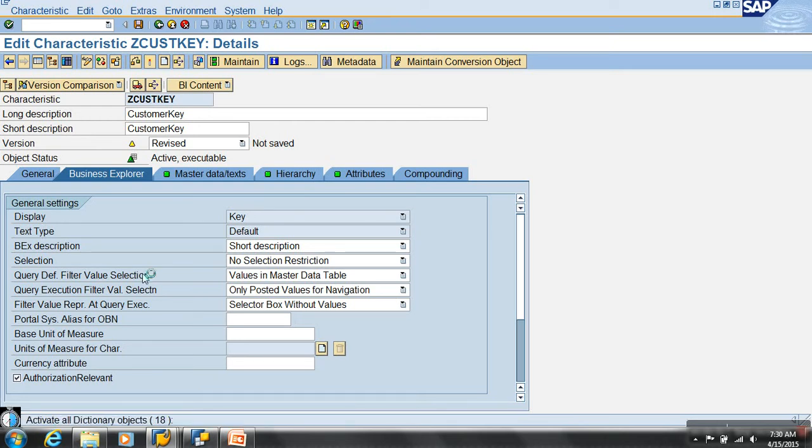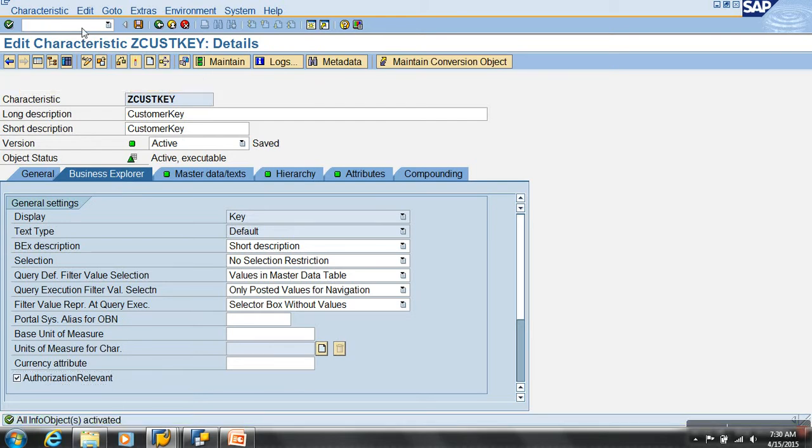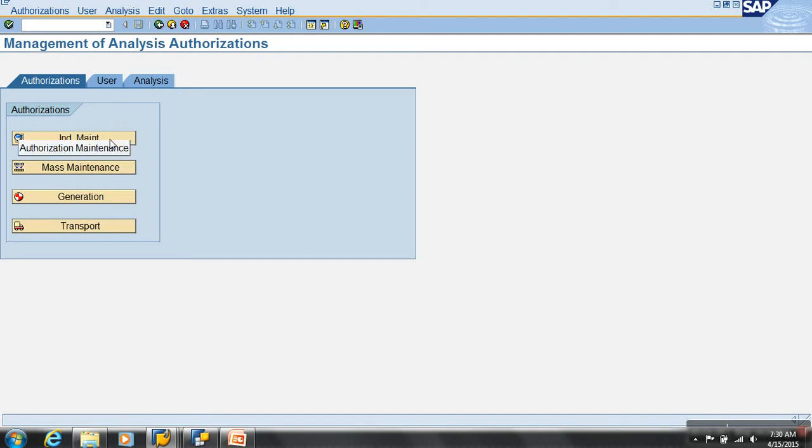Now next is what? Do you create an authorization object? Yes. So where do you create the authorization object first? RSECADMIN. I'll say individual maintenance.